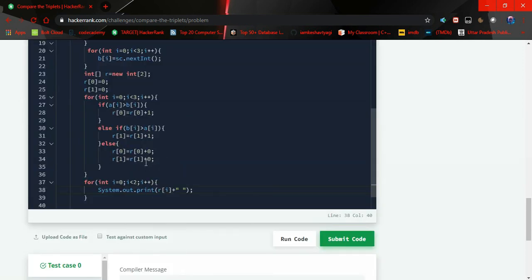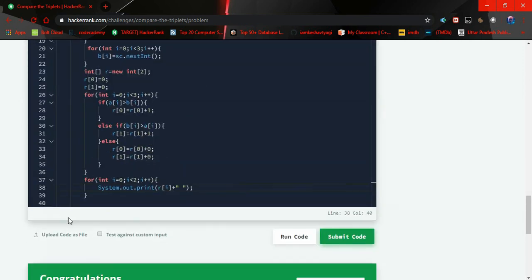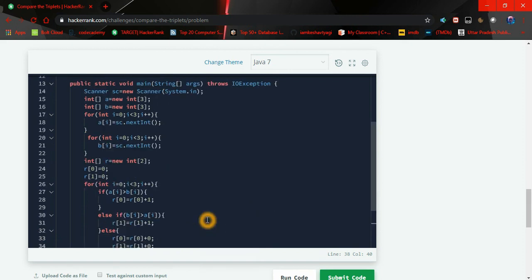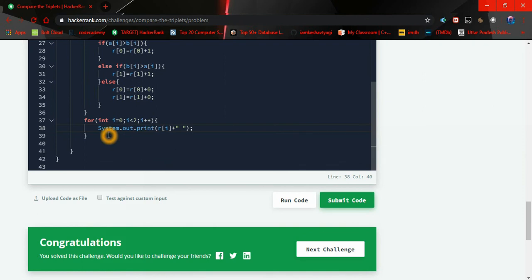So let's see what happens in the program. So simply we have used an if else condition and checked if Alice's score is greater than Bob's, then we have incremented the score of Alice by 1, and else if Bob's score is greater, then we have incremented the result of Bob by 1. And in the else statement, where the scores of Alice and Bob are similar, we have done nothing, I have just added the 0 in the result for simplicity. And for printing the output, what I